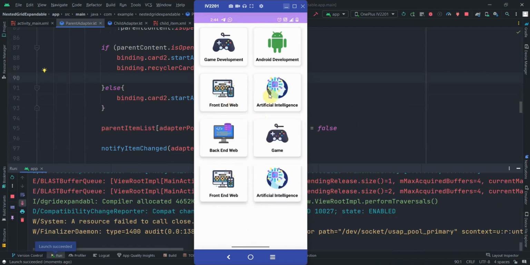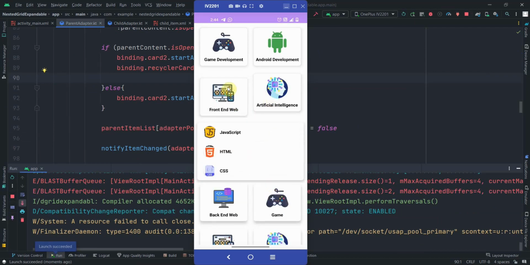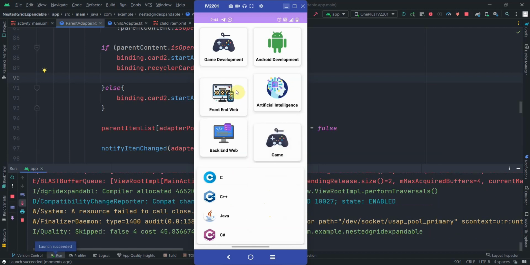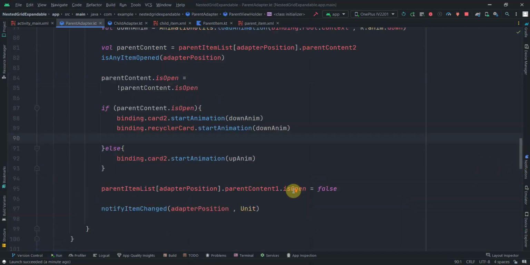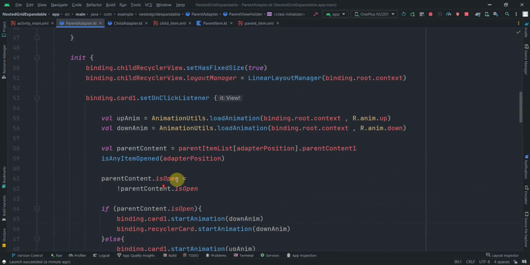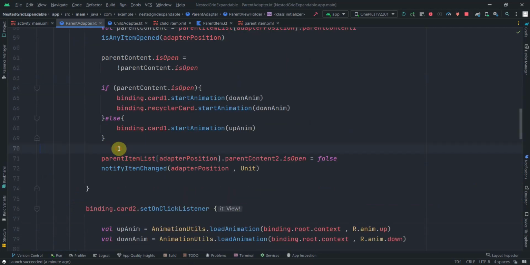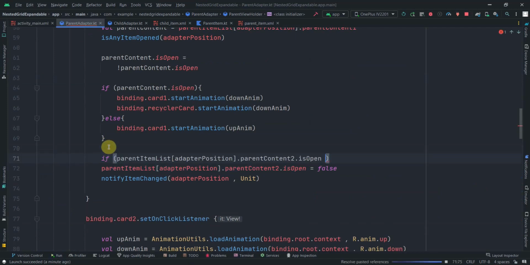Okay, so now the thing is, when we animate this and when we animate this, it is not going back because we haven't worked on that yet. If I click on this, and if I click on this, it is animating, but we also want to animate this back when I click on this. For that, in the card 1 set on click listener, here we can have another check in which, just copy this line, I'll have an if this is true, then